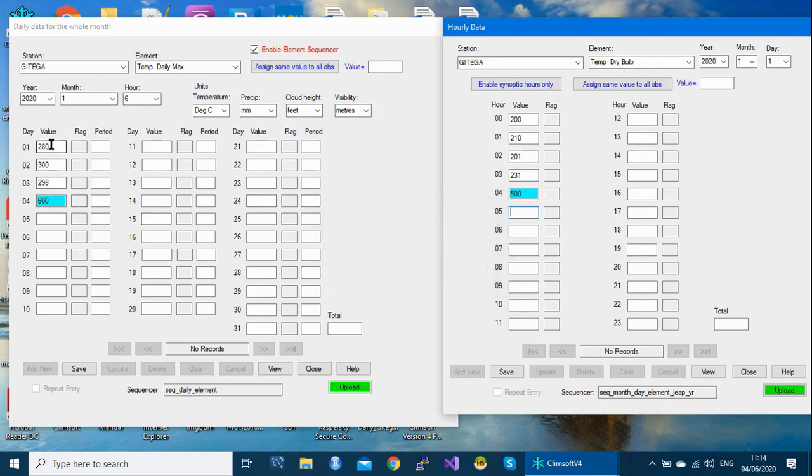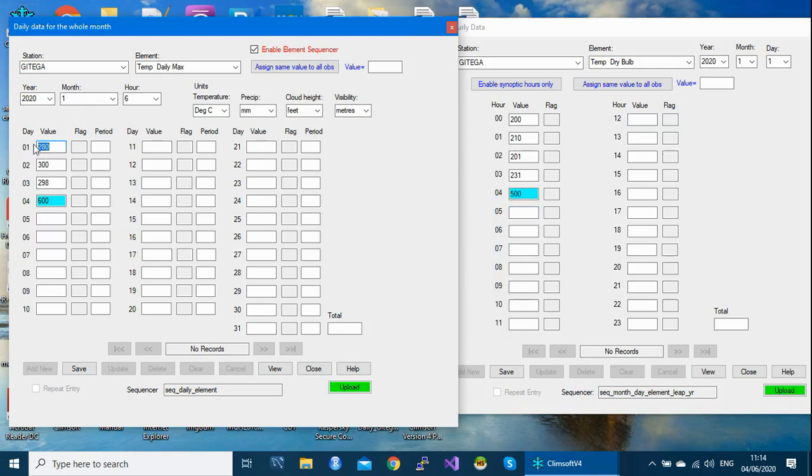So let's assume this value here at date 1 belongs to date 2, and this one belongs to date 4, and so on. So you want all the values to go down one cell. So you right click here and you say insert cell to shift all the values downward. Yeah. So if you say insert cell, all the values will be pushed one cell after.